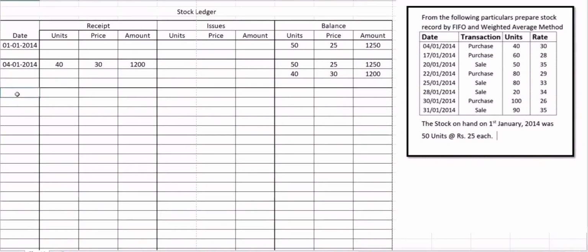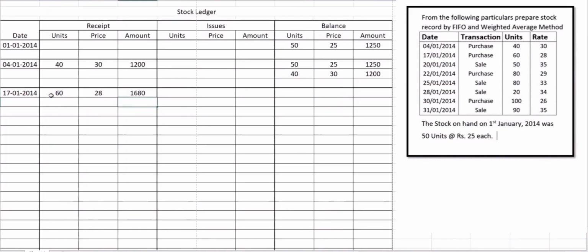Next transaction on 17th January 2014. On 17th January 2014, again we have made a purchase of 60 units at the rate of 28. So here again we have bought units, that means it will go with receipt. We have made a purchase, so it will be receipt, we are going to receive goods. So how many units have we bought? We have bought 60 units at the rate of 28. So what amount have I paid for the same? 60 into